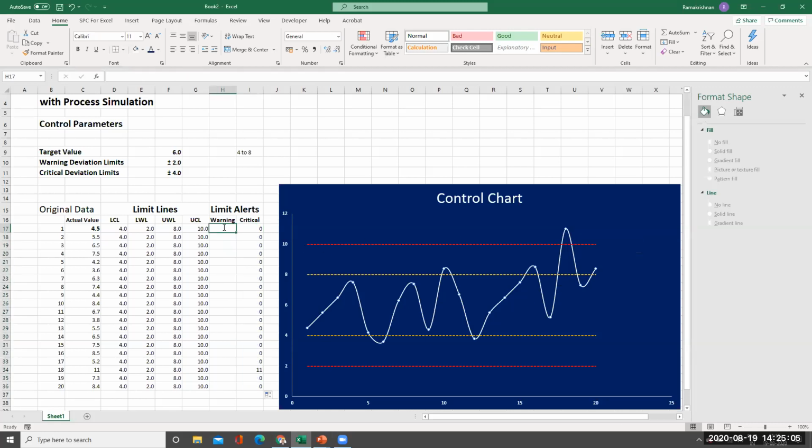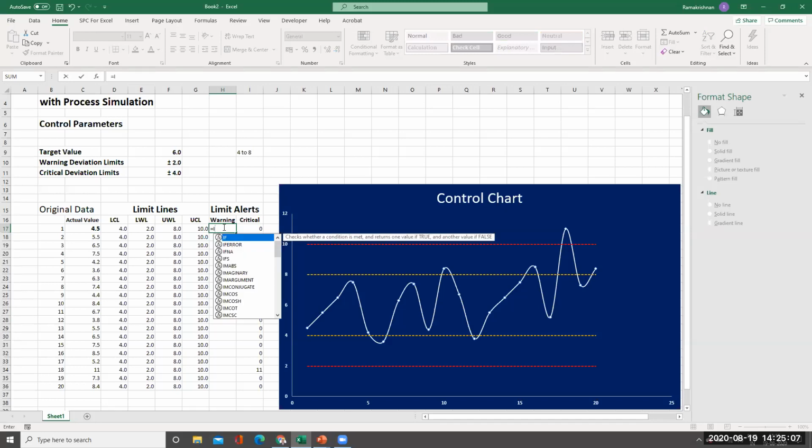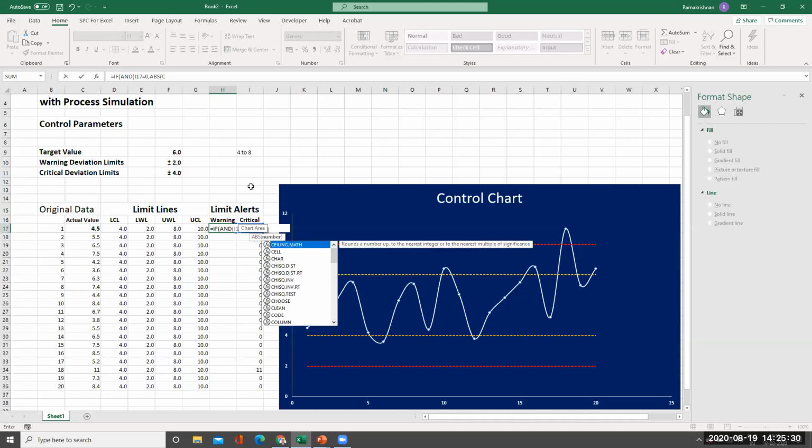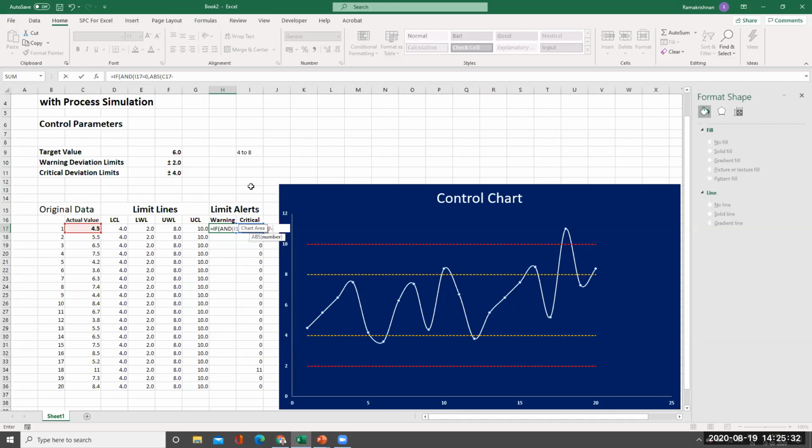Now here we will put IF, we'll have to have two conditions. It should be 0 here and then IF AND I17 equal to 0, comma, absolute function of C17 minus F10.